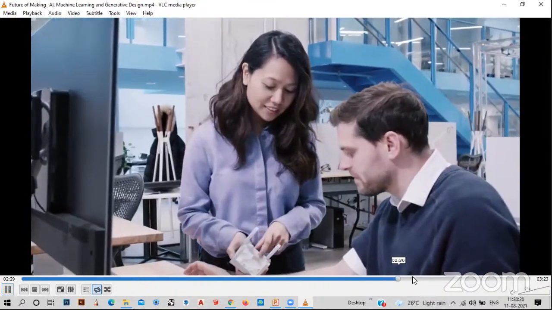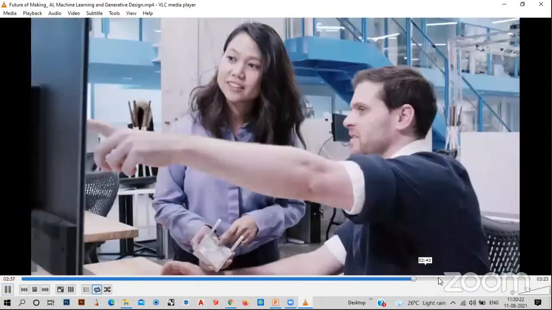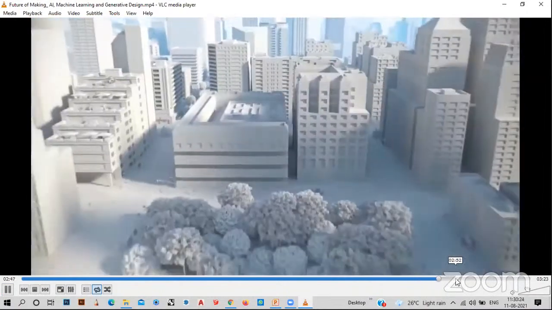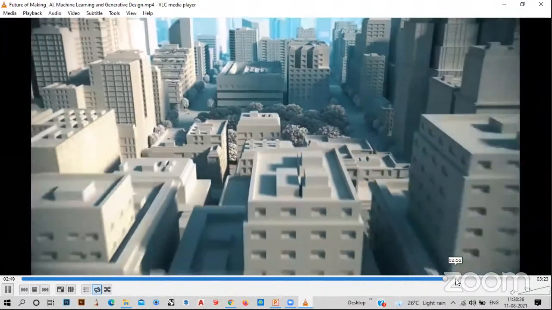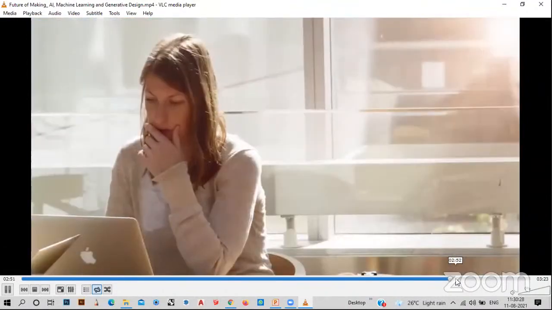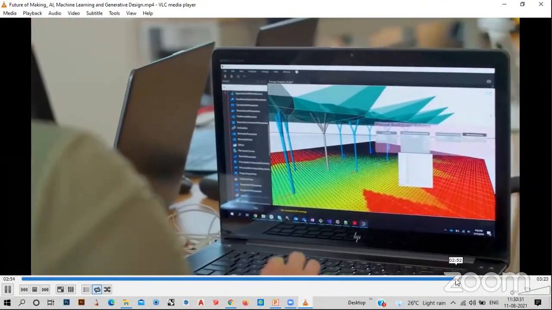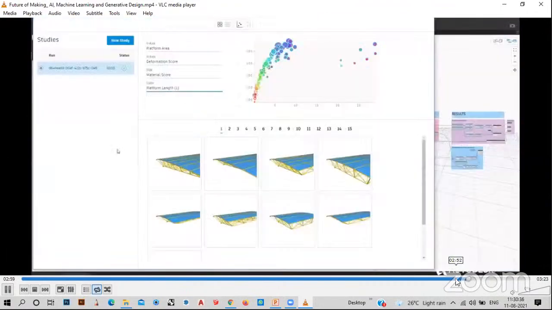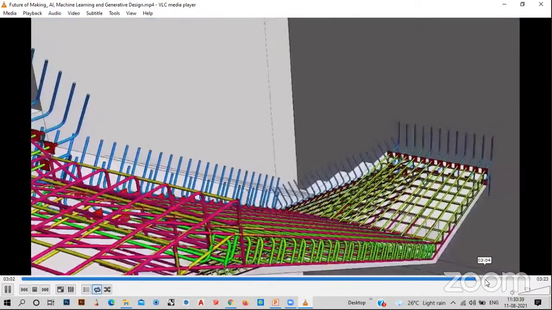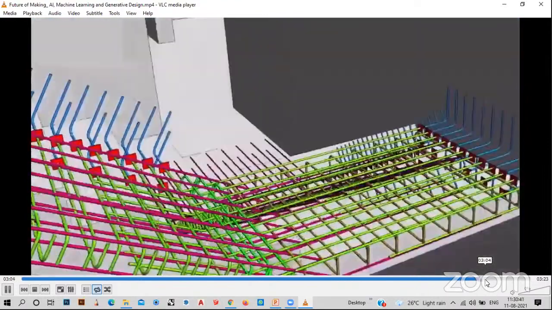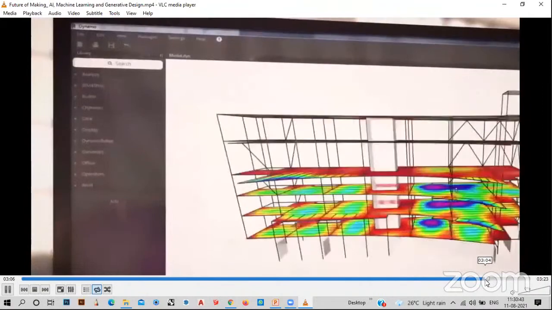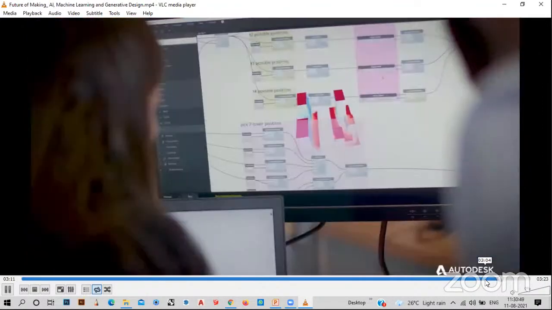So we have 3D printing technologies again. We can create everything in virtual reality. We have seen augmented reality, and we can see how much we can push the imagination boundaries, and we can imagine what kind of structural loads that particular model will take based on the materials and some structural elements.